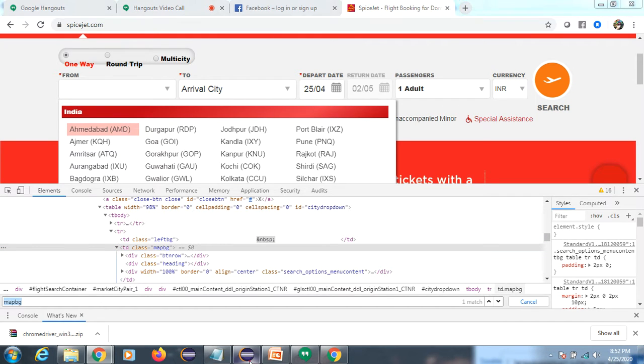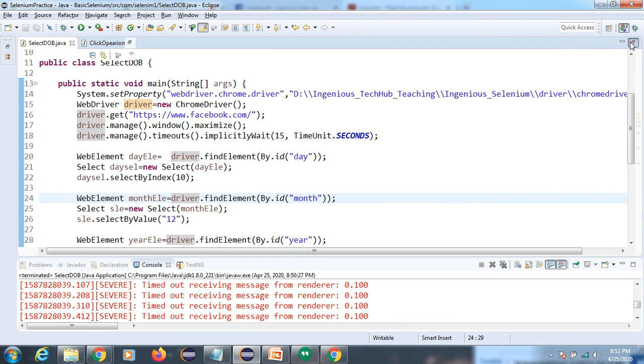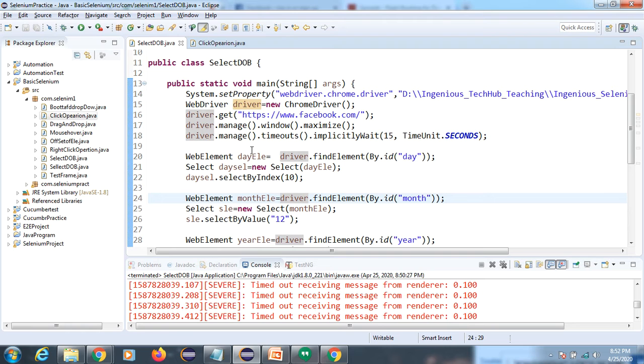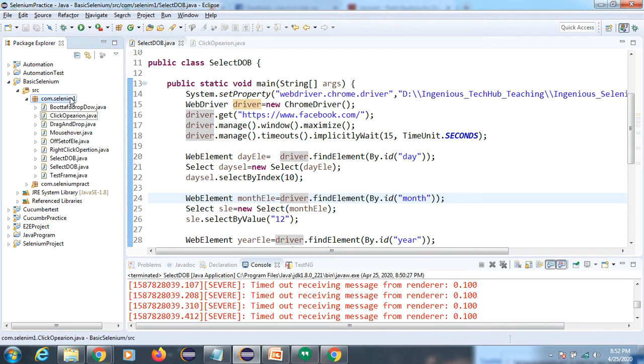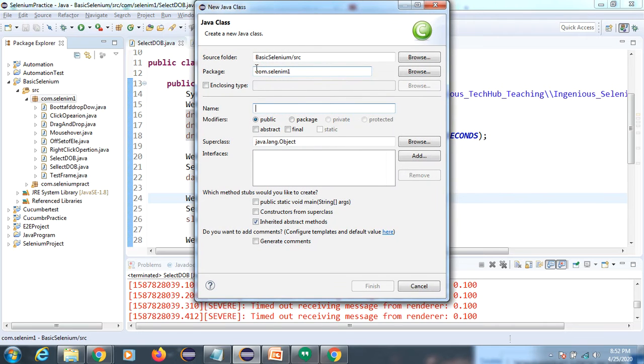So first we will create another class. You can see here there is no select tag. If there is no select tag, your Select class will not work. Got it, right? So first we need to check whether a select tag is already there or not.